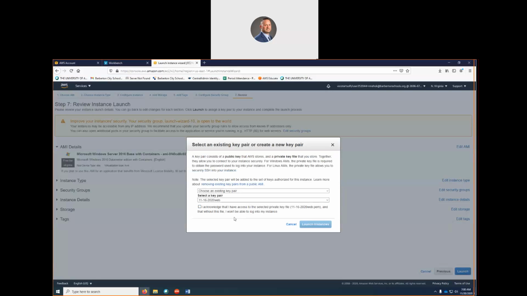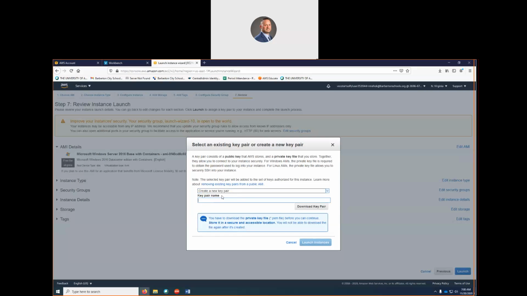Now this is an existing key. I can't use the key because what it does is it creates an RSA hash and encrypts. So we want to do a new pair. Every server is going to have a new pair. So I'm going to put a name on it, once again today's date, because I may make more today. There you go. So I need to download. Now when you download this, make sure you save it and you know where you save it.